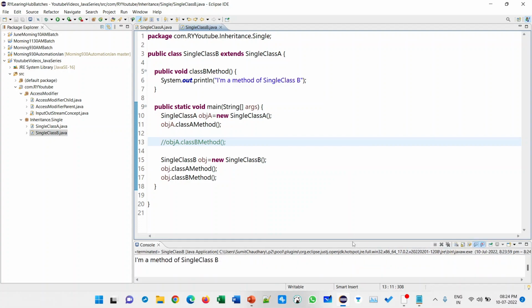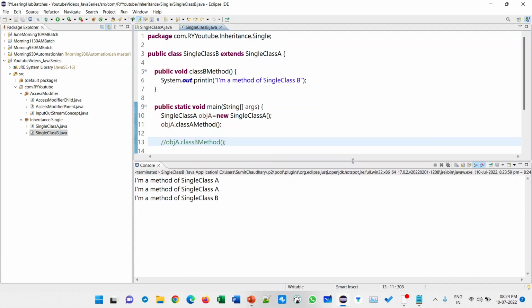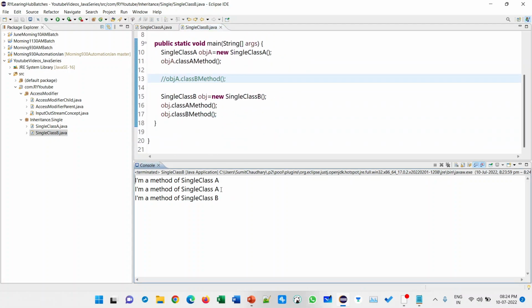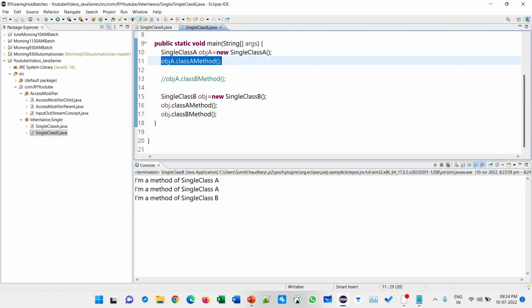You can see the output, class A and B. Why are we getting the duplicate in output? Because we access from the object of the parent class and with the help of the child class. This is the concept of inheritance.